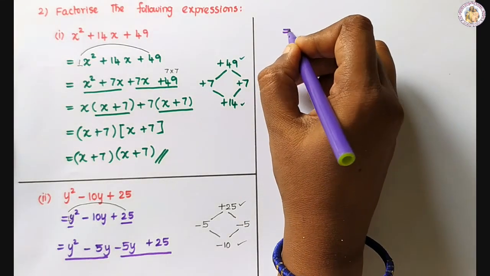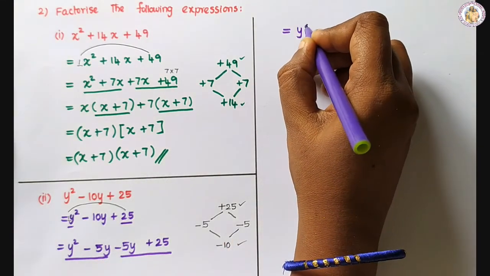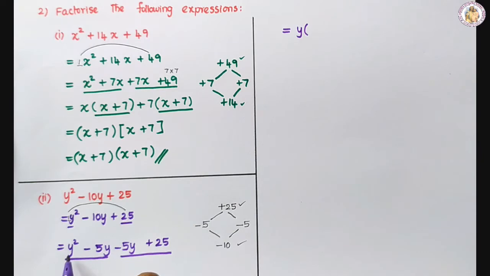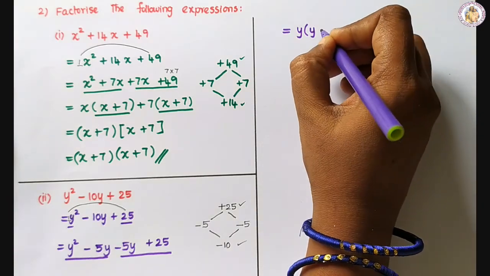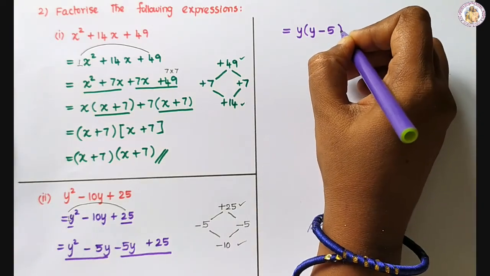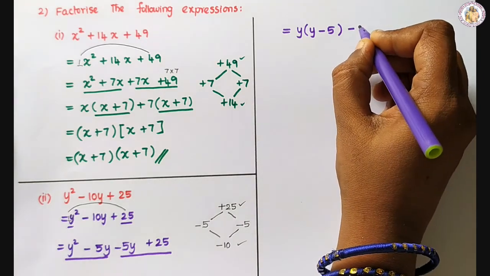In the first two terms, y is common, so take it out. What remains? y squared divided by y leaves y, and minus 5. From these two terms, minus is taken out,